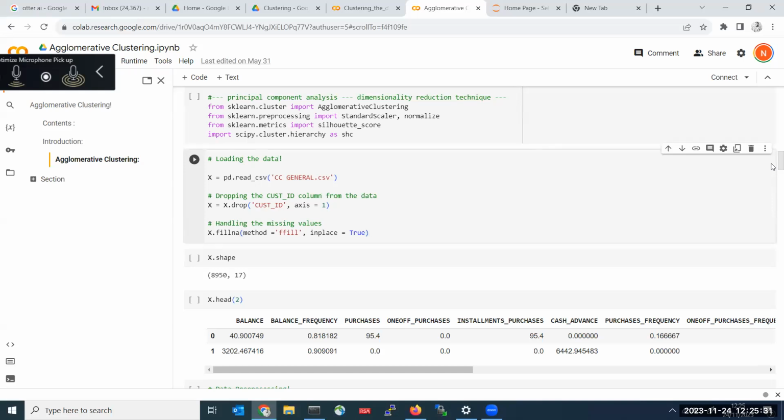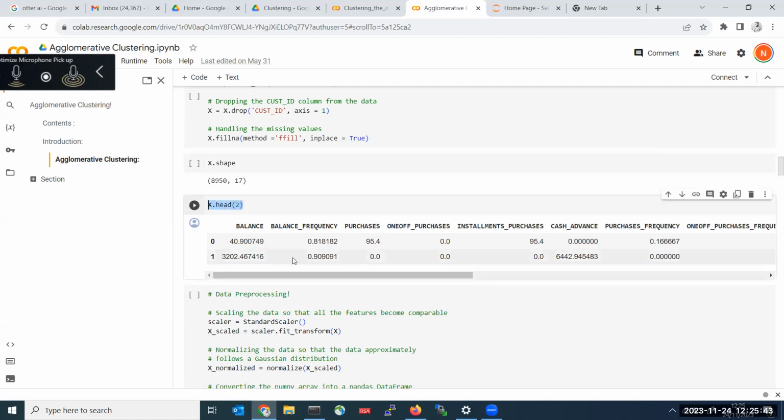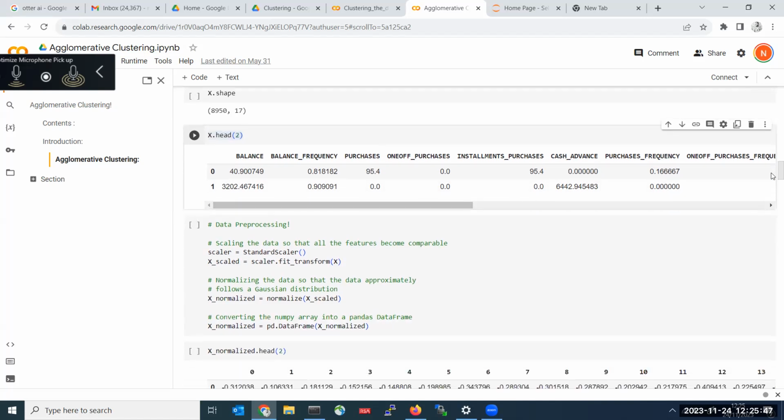Next, I'm just checking the shape. So how many rows and how many columns? Here I do have 8,900 rows and 17 columns. I'm just checking the header. So the next thing is the concept of